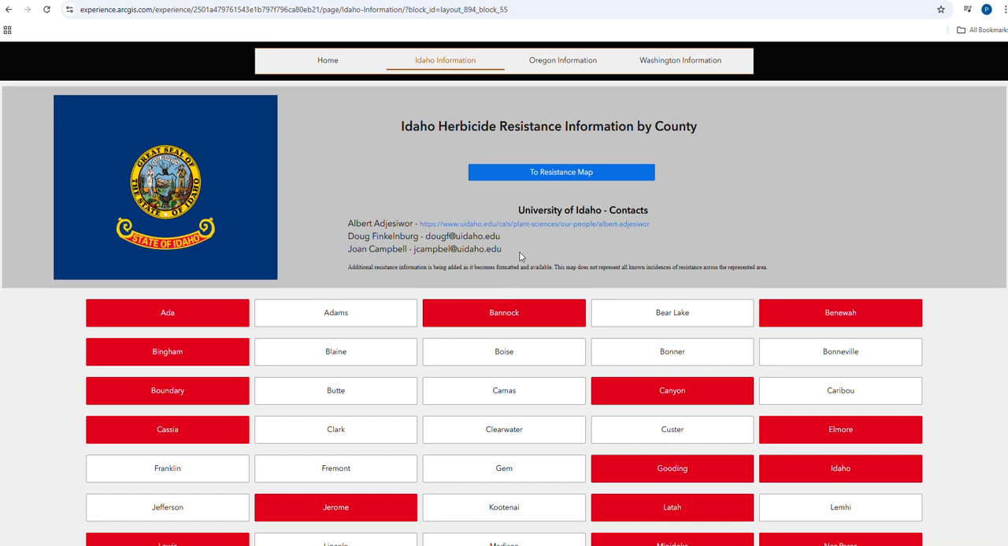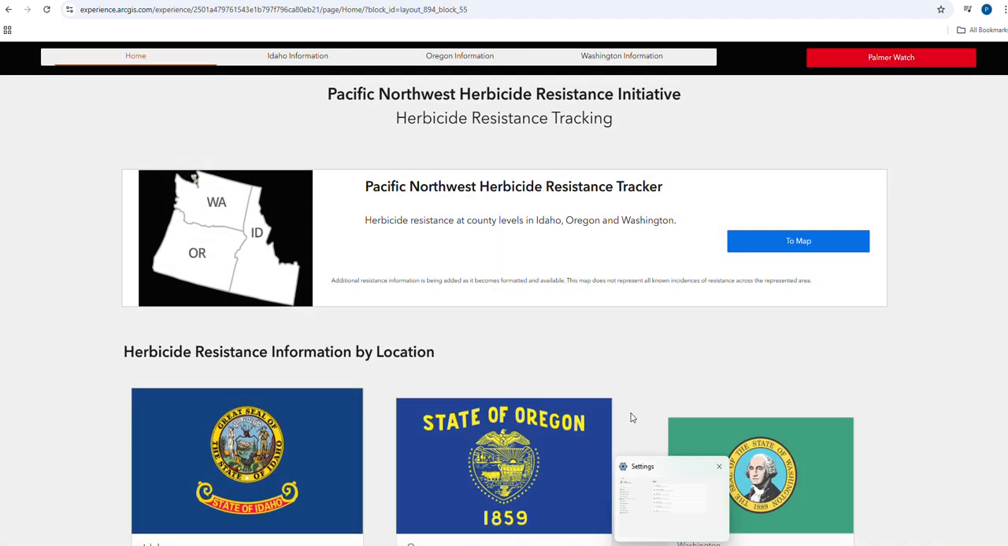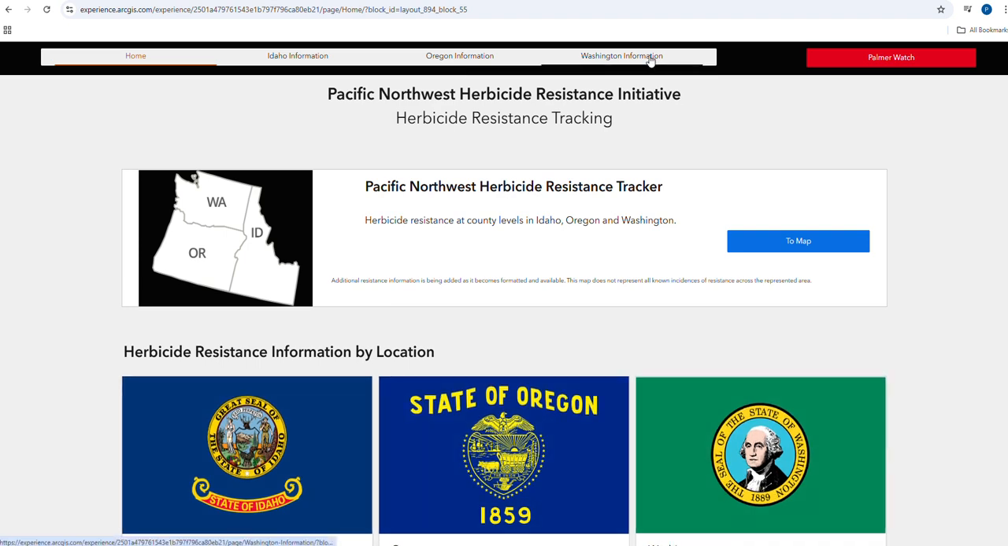Go back to the top, and I want to go to the home page. This brings us back to this main page. Idaho, Oregon, and Washington are all set up in a similar manner in terms of what state information we'd want to know. If we did want to utilize a map,